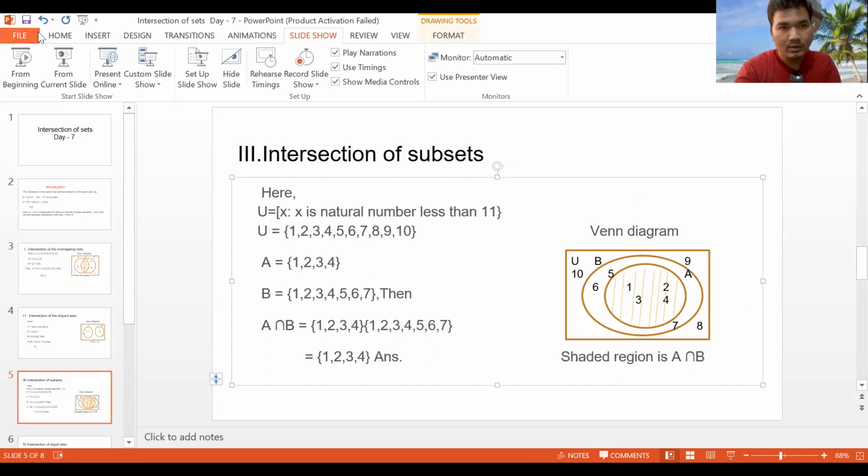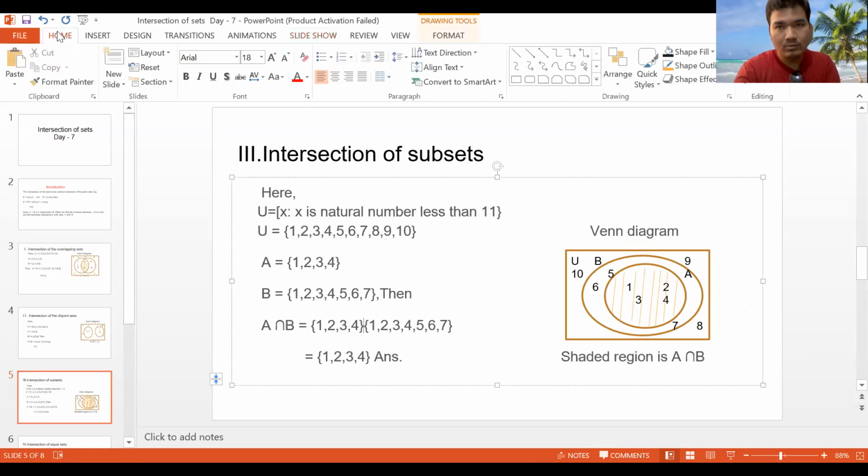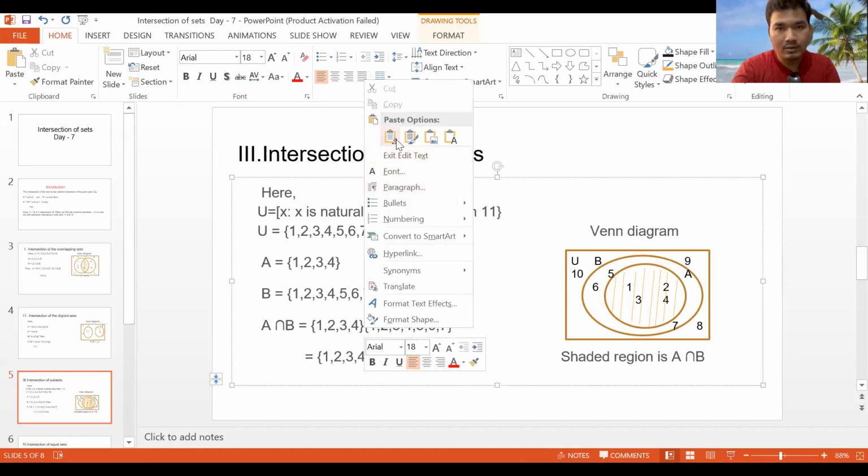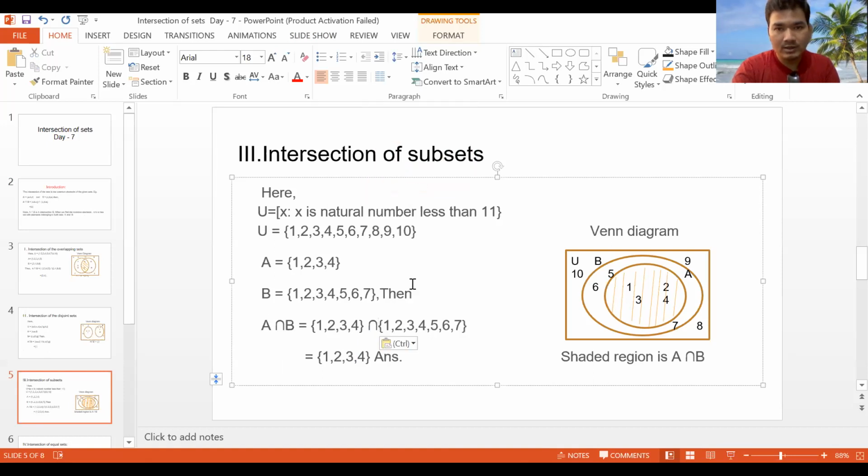Okay, let's go to home and let's go to symbols. We can copy also from here, no problem. Okay, copy this and put it here and paste it. And there must be intersection.